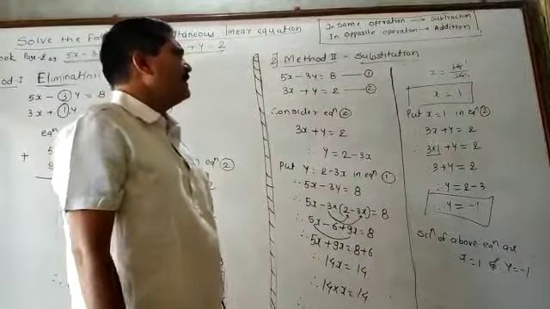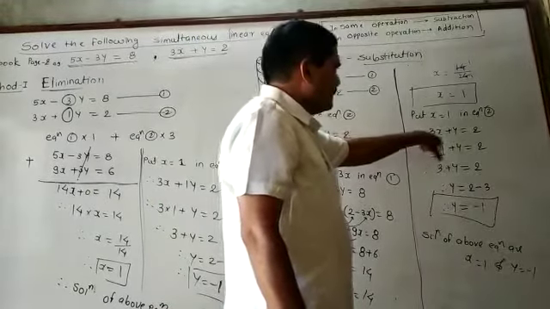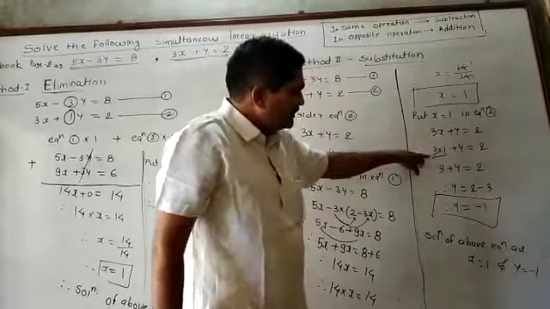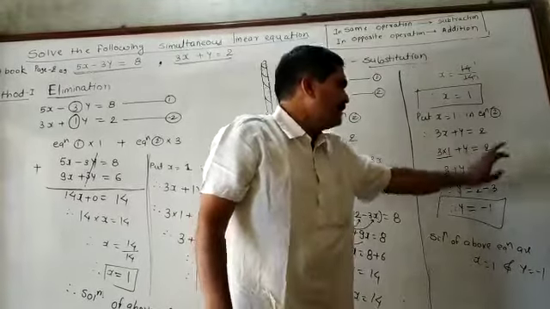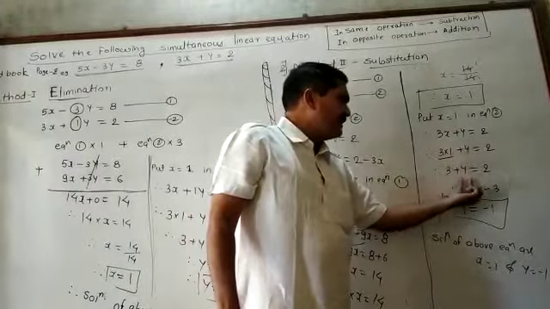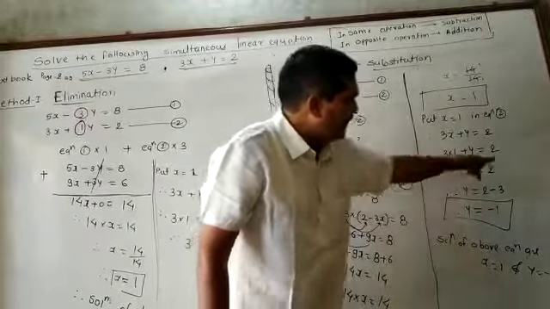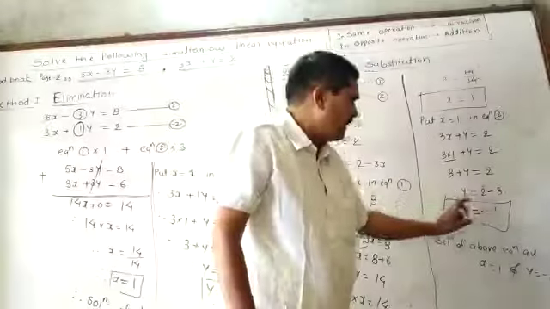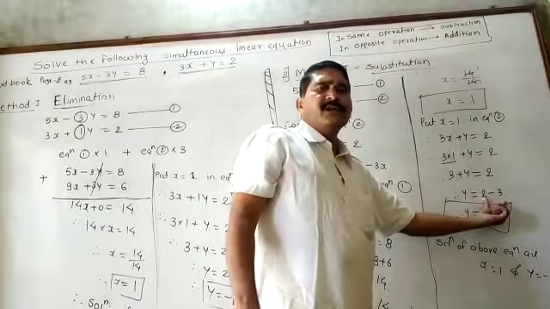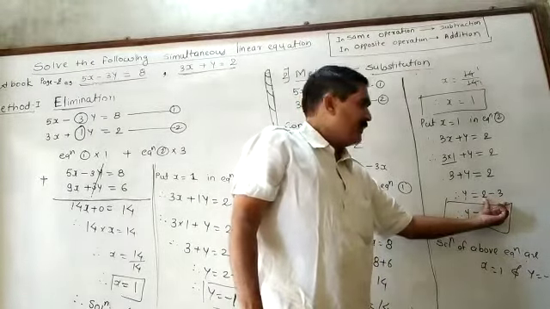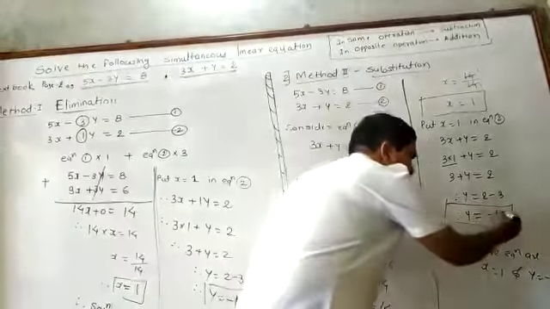Equation 2 is 3x plus y is equal to 2. You have to put x is equal to 1. Then 3 multiplied by 1 plus y is equal to 2. 3 ones are 3, y as it is you have to write. Y is equal to, you have to transpose this 3 to that side. This plus 3 becomes minus 3 and y is equal to 2 minus 3. Here you have to use the rule: if one number is positive and another is negative, find the difference between their magnitudes and give the sign of the greater magnitude. After addition, you will get the answer y is equal to minus 1.